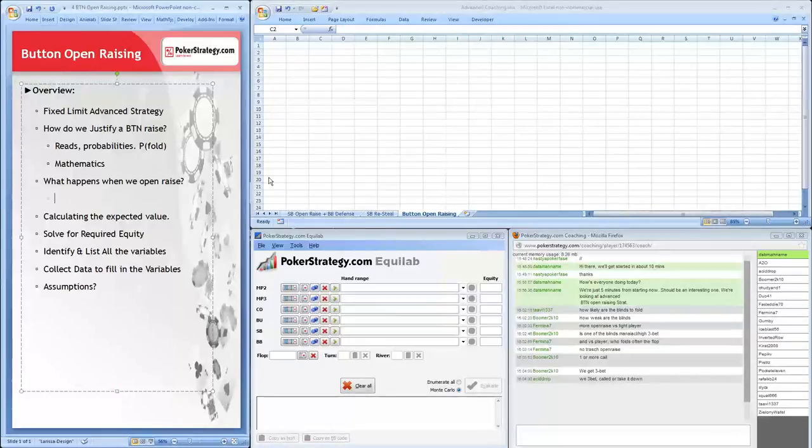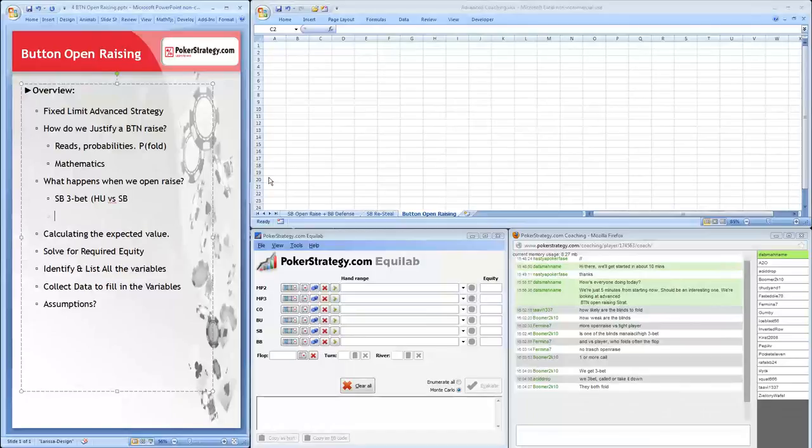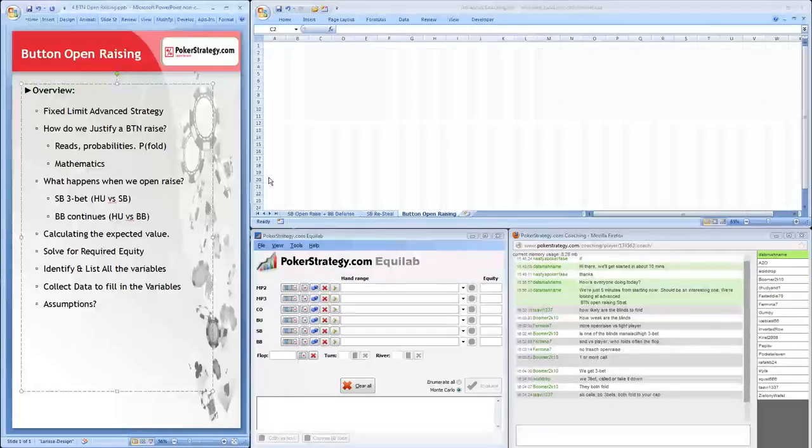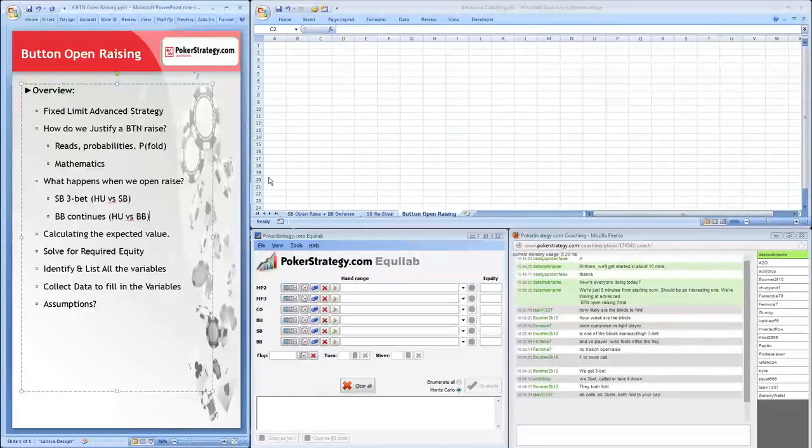For sure. If we think generally, right? At least one player entering the pot. So we could say the small blind can 3-bet us, and we can play heads up versus the small blind, right? Another situation would be the big blind continues, right? And we're heads up against the big blind. And we want to be able to account for those two situations. Now, what's kind of the third one, right? We've got a situation where the small blind enters the pot and continues. A second situation where the big blind is continuing. And then